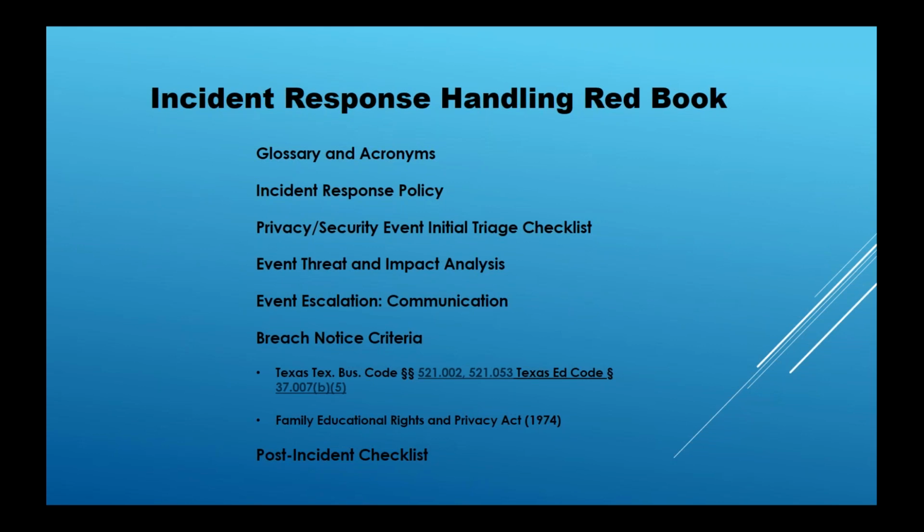Talk a little bit about the privacy and security event initial triage checklist. I'll be honest with you, we open this up 6 or 8 times a year. Somebody comes to me and goes, "Oh, we're seeing a login on a server from China." Well, I immediately open up the triage book, stamp it, date it, and begin to document what has been reported, who reported it, the exact time of the reporting, what we're working on, what we're doing as we follow through that. And then we find out they're using,